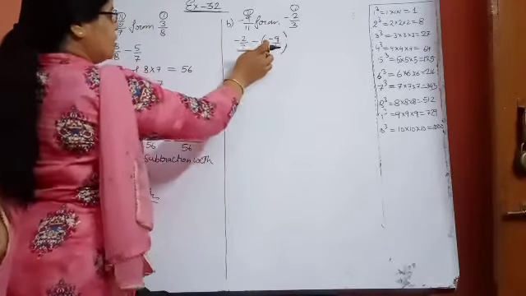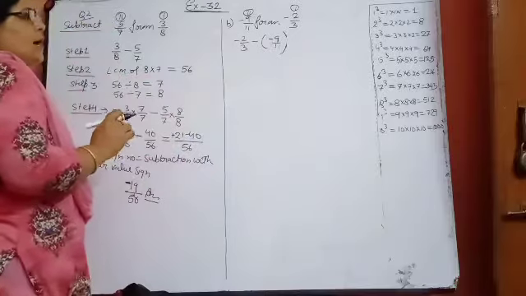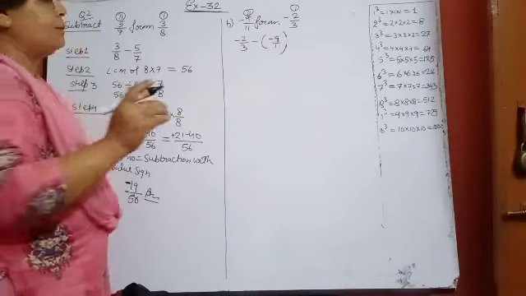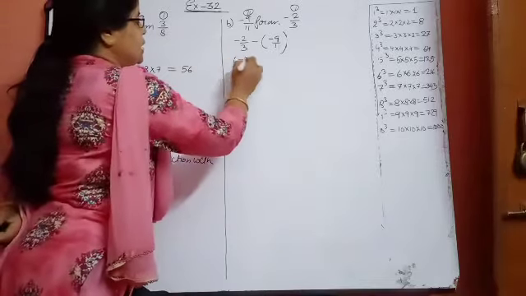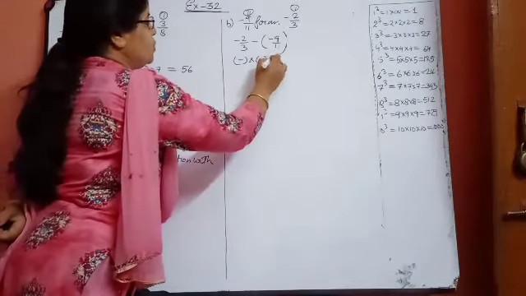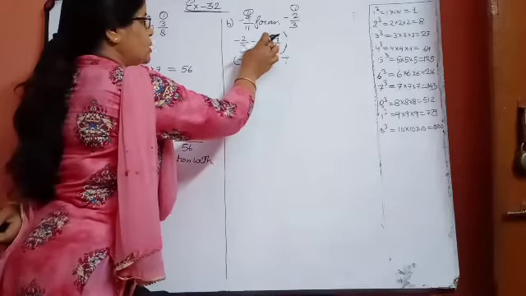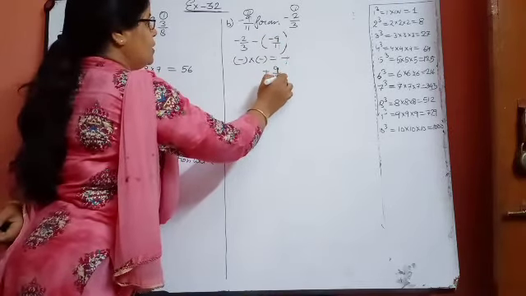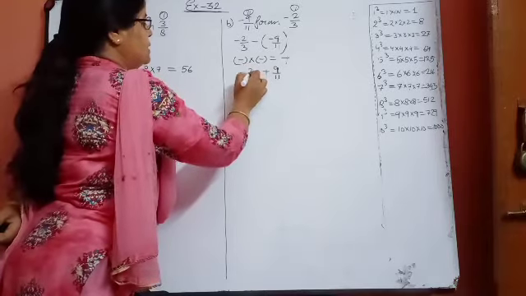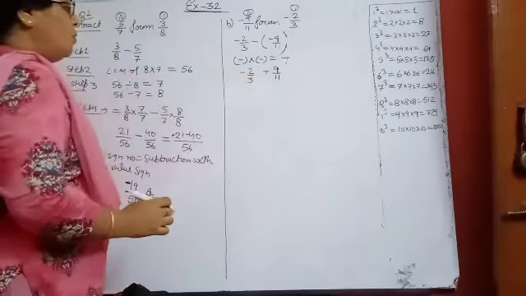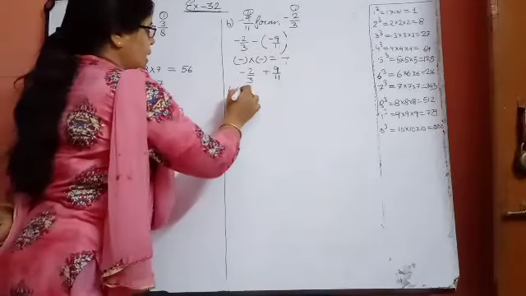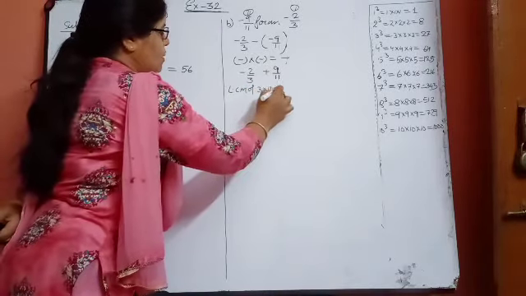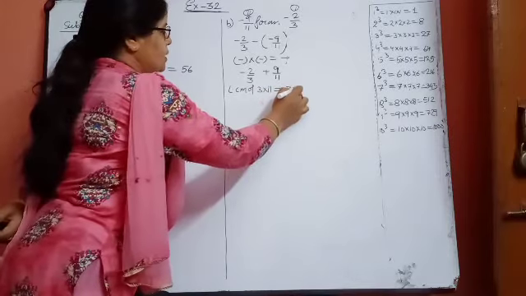Now you can see that I taught you, when you have two signs together, at that time you will apply the rules of multiplication. So minus into minus is equal to plus. Meaning in between these two, what will you put now? Plus. So 9 upon 11, and the previous one will remain the same. Okay. Now take the LCM. LCM of 3 and 11. Both have no common factor, so it will become 33.